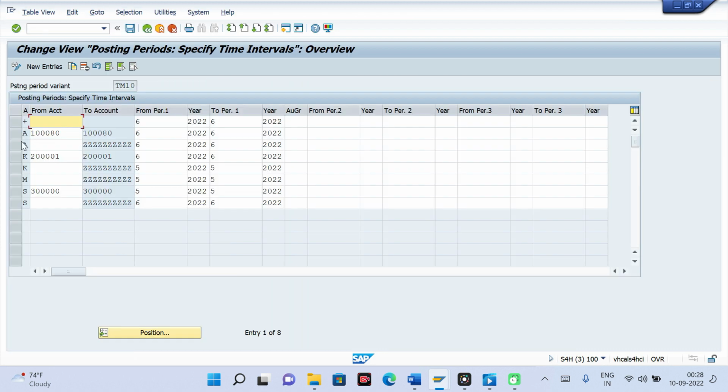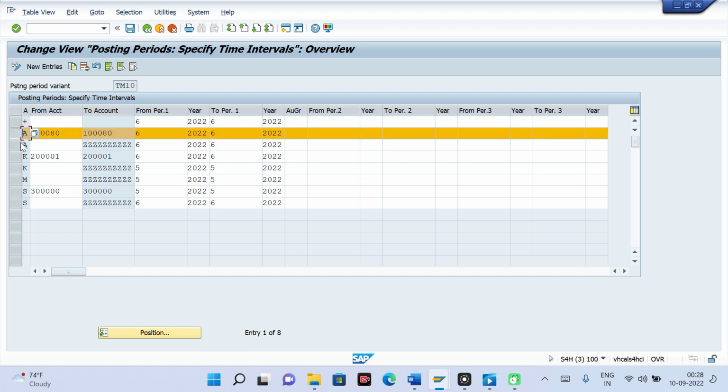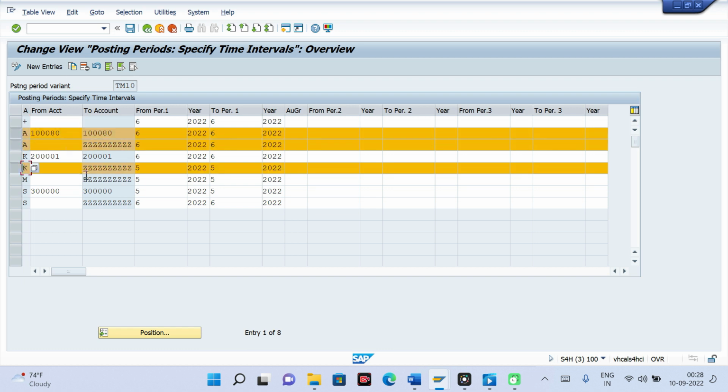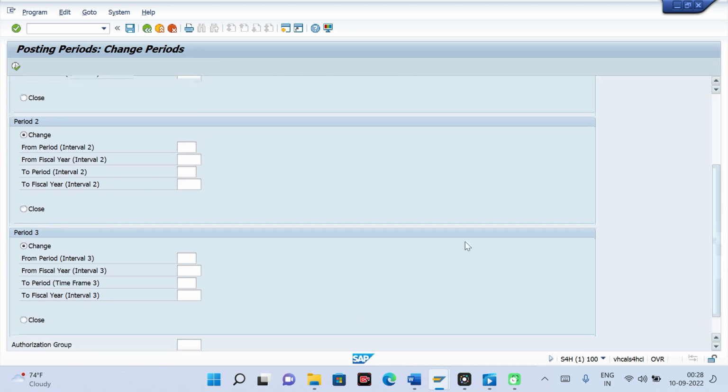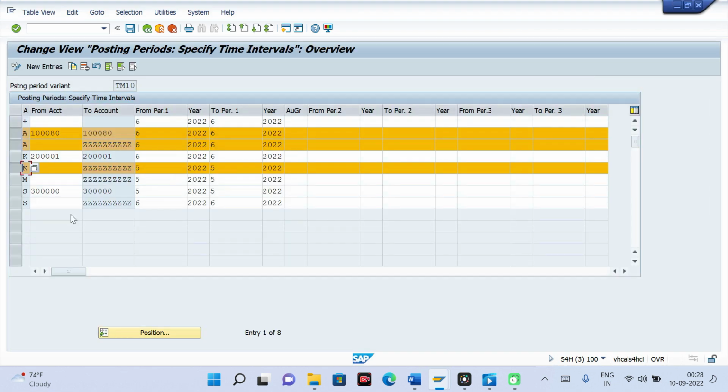If any account is specific you want to open from the program, you can open, or all account types, period 1, all this. So I'm not giving any account specific, I am giving period 1. So period 1, period 2 and period 3. It means from here to here period 1, from here to here period 2, from here to here period 3. Now first I am focusing on the period 1 part.